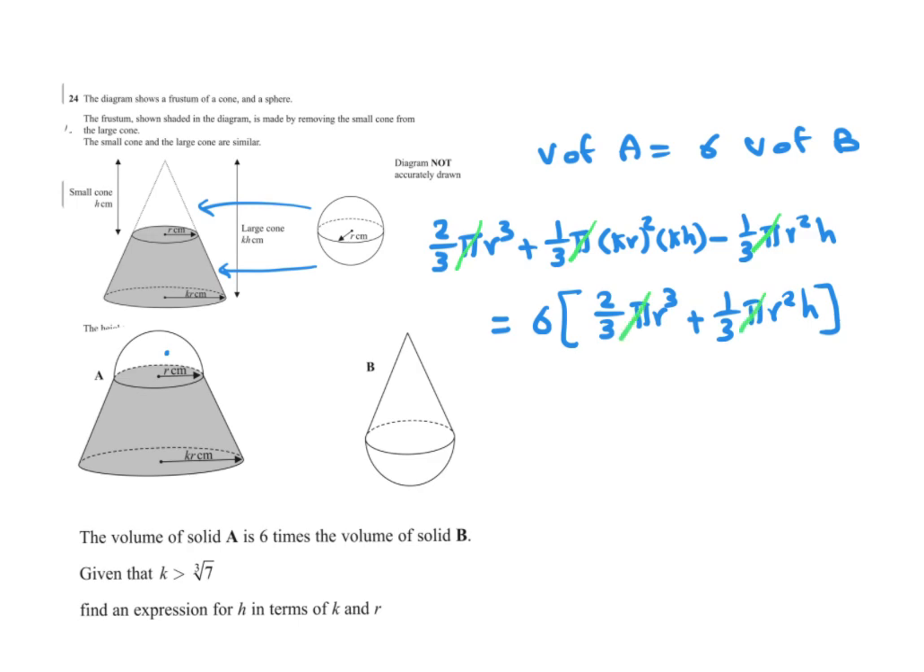Now we can write 2/3 r³ + 1/3. Now when you expand (kr)², this means k² r² times kh, so k² times k, so k³, and r² times h, so r²h, minus 1/3 r²h